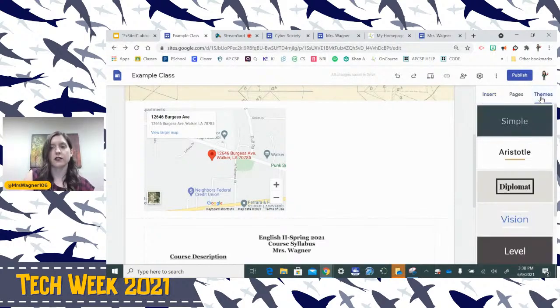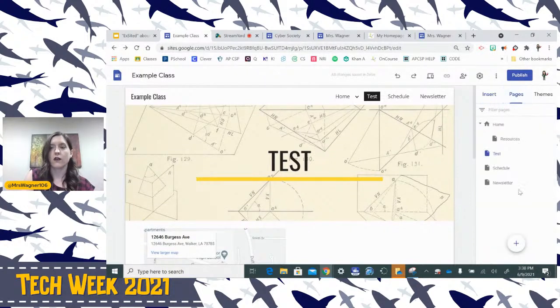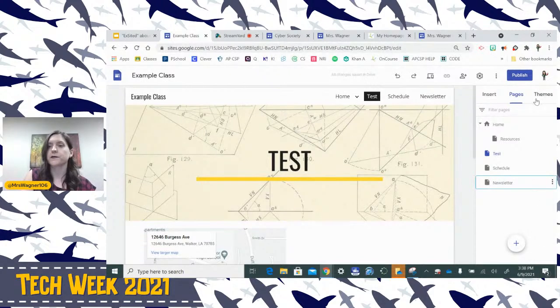You have theme options. So now that you know how to insert all of this and the basics, how to add pages. Oh, you can hide pages. Say you're working on something and you're not ready to share it. You can hide it from the navigation, and then they will not be able to see it until you're ready to share it again. So you might create a unit page and you want to share the resources for one activity and you're moving on and you want to keep those resources on the website for next year, but you don't want students to be accessing them all year long. You can hide them.